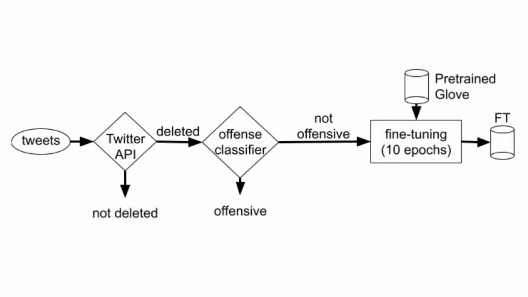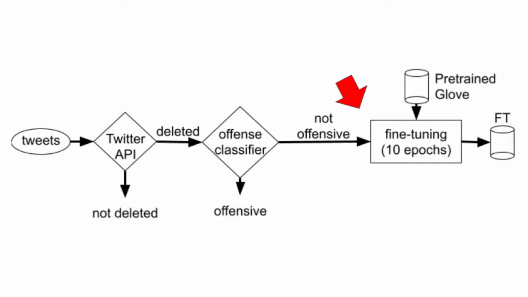Let's examine the embedding space from which we draw replacement words. As a reminder, our goal is to design an attack which chooses crafty words for replacement. To this end, we first build a text collection of 13 million deleted tweets using the Twitter API. Next, we filter out tweets from the set that are labeled as offensive by any of our offensive language classifiers. The remaining 8.5 million deleted tweets contain offensive text, which was likely flagged by users or human moderators.